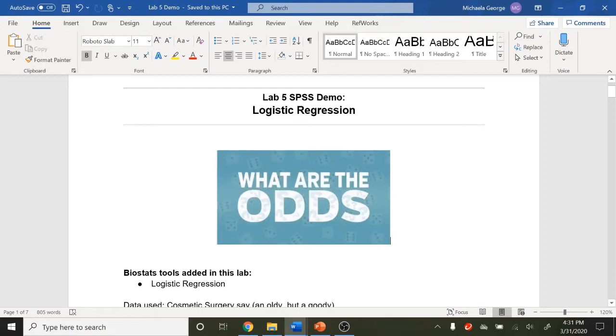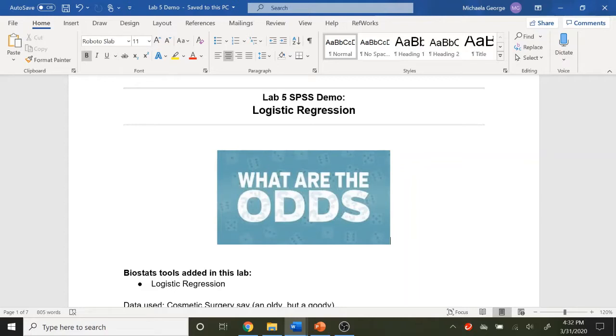So, hi everyone. By now, I'm hoping that you will have already looked over the slides that I posted on Moodle that are entitled Welcome to Regression. I want you to look over those slides. It's a really good general background as to why we need to use regression, why we need to add regression to our biostats toolbox. And so, after you've looked at those slides, please come back here and take a look at some of the